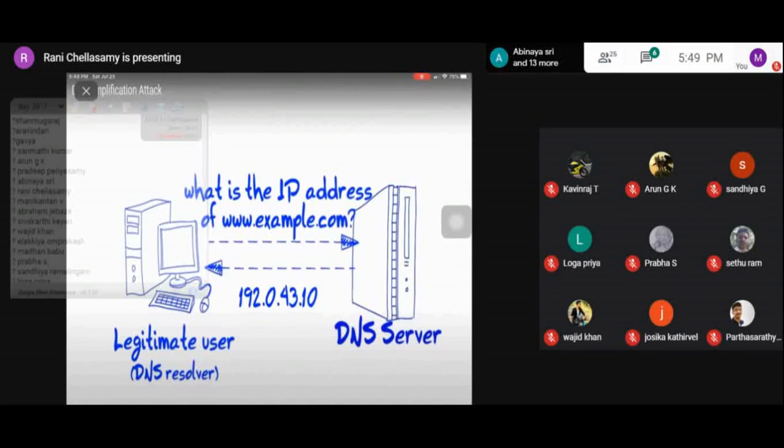So what is the functionality of DNS resolver? It converts the domain name into the IP address. So the request is sent to the web server, that is the DNS server. It accesses the request received from the legitimate user, and in response the DNS server sends the IP address to the legitimate user. Okay.